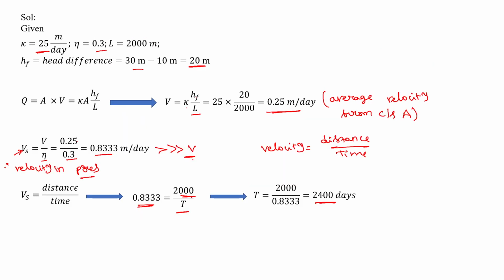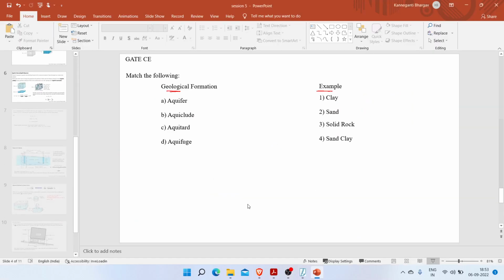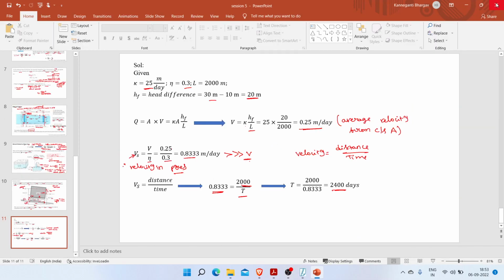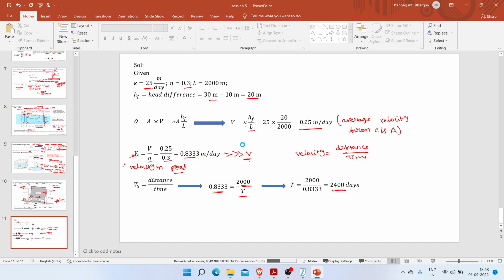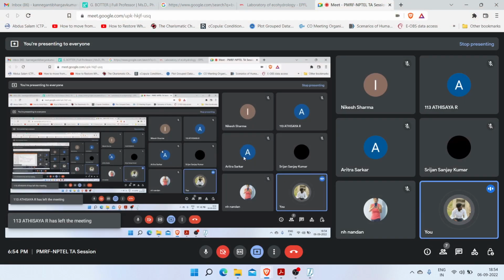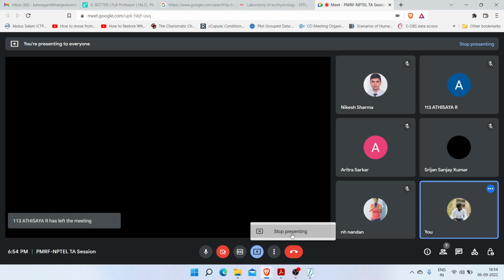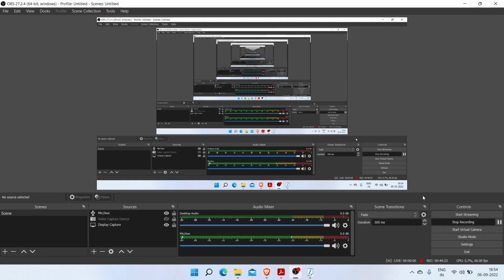Okay. So this is the introduction to groundwater hydrology. This is session 1. In session 2, I'll introduce what transmissivity is and other things. Okay, I hope